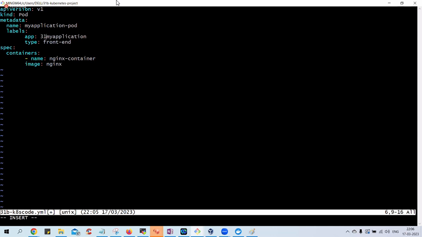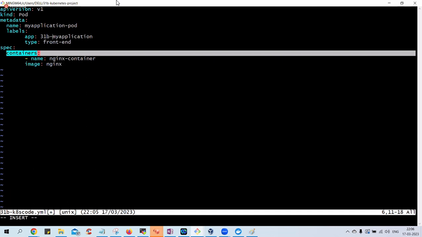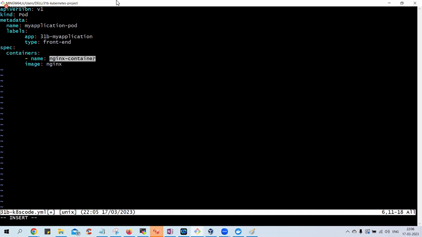31b hyphen my application. So labels is a label. Just see. Okay. And spec, another spec I'm calling the container. Which container am I calling? Nginx container. This is a reference name, but the image is Nginx. So I'll save this